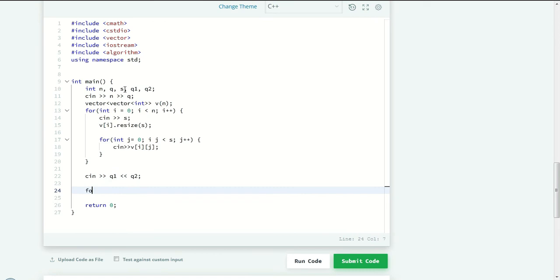Now it's time to loop through the test case limit. The test case limit is present within the q variable. So up to that count we need to loop through. So i lesser than or equal to q, then i plus plus. Now we have got some value and it's time to read.